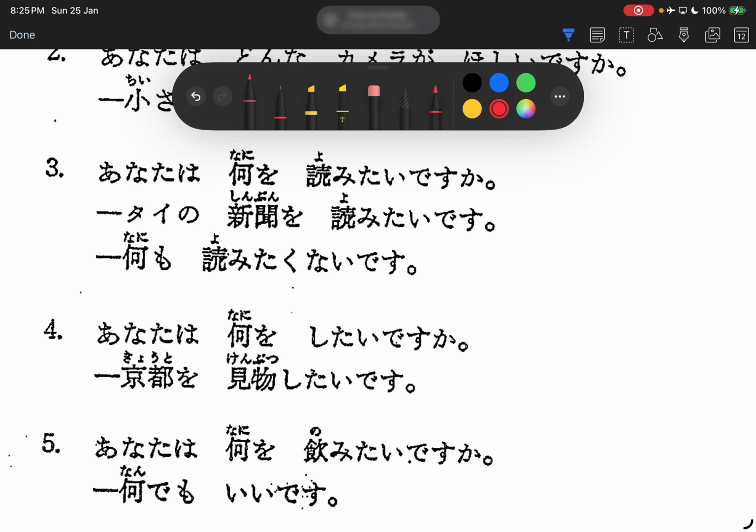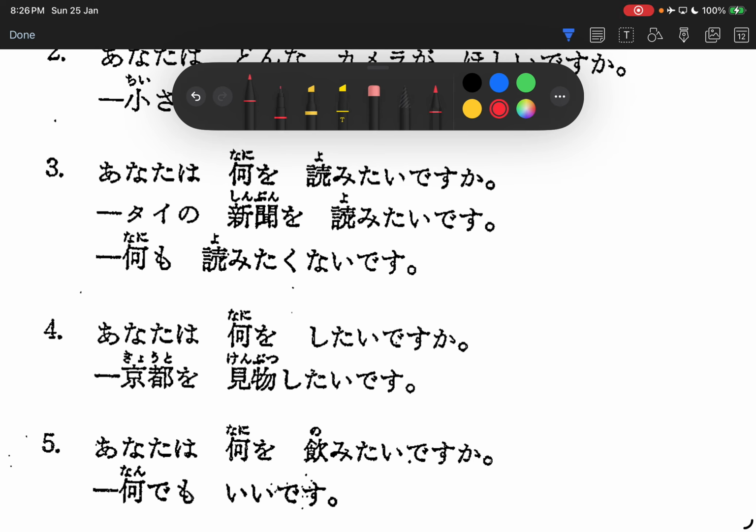Number 3, あなたは何を読みたいですか? So 何を is what. So what do you want to read? Or you can also say 何が読みたいですか? Remember just now we said を or が can be used interchangeably. So 何が読みたいですか, 何を読みたいですか, both are fine because the verb here has been conjugated to the tai form, that means the want to do form. Then タイの新聞を読みたいです。So Thai newspaper, newspaper of Thailand を読みたいです。Or you can say が読みたいです。